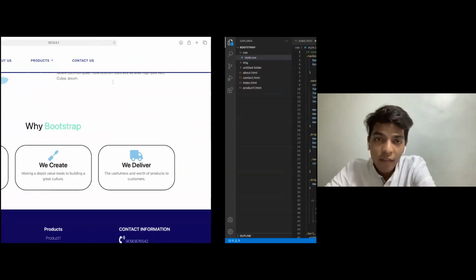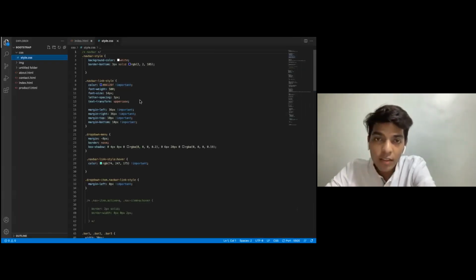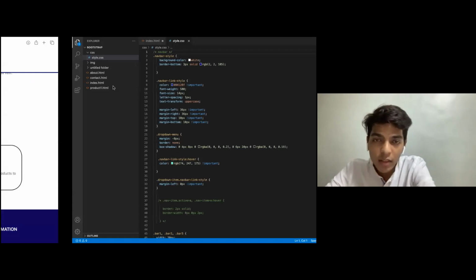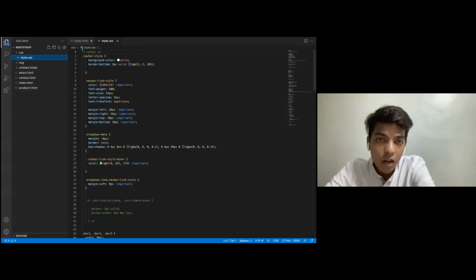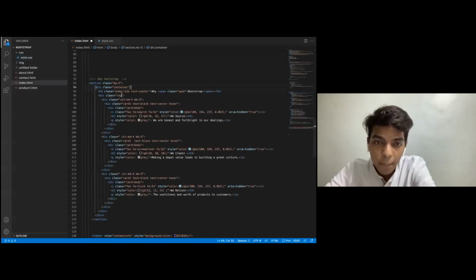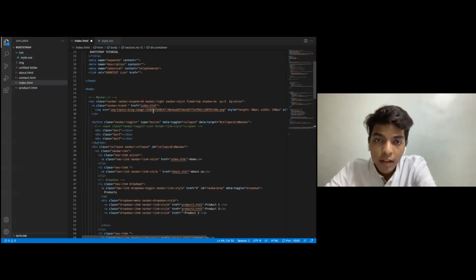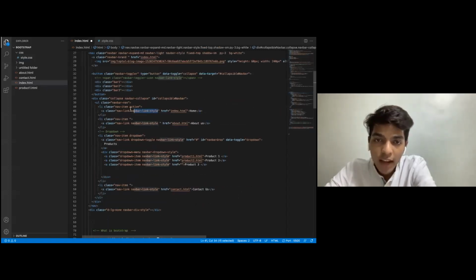And then we have nav link style. This is the class that was assigned to this. Yeah, the nav link style. As I told you, this is the UL and LI. We had looked at the unordered list and the ordered list. So this is UL, and in UL you write an LI and give it a class. The class is necessary if you want to do further changes.